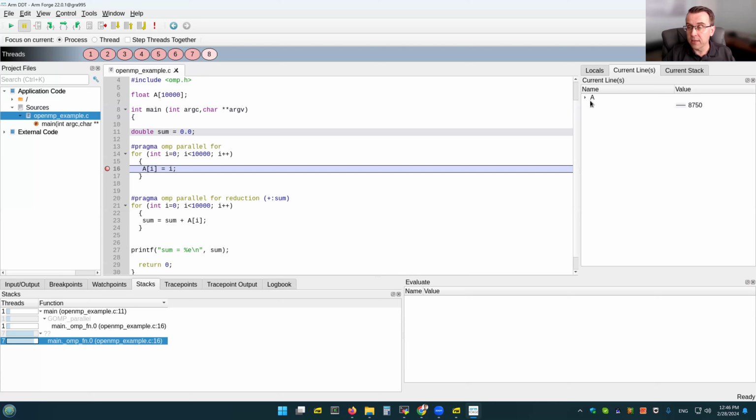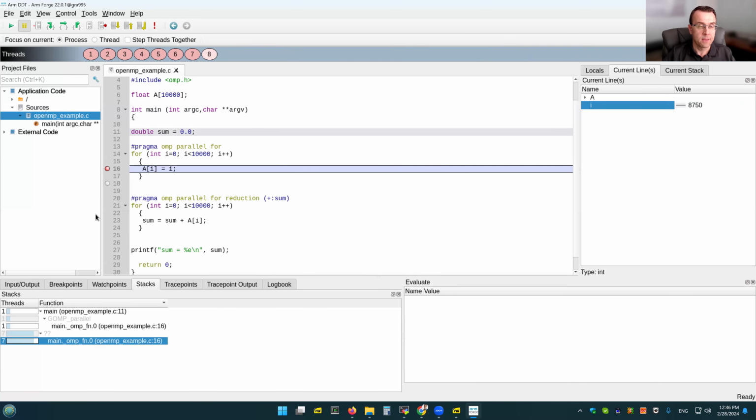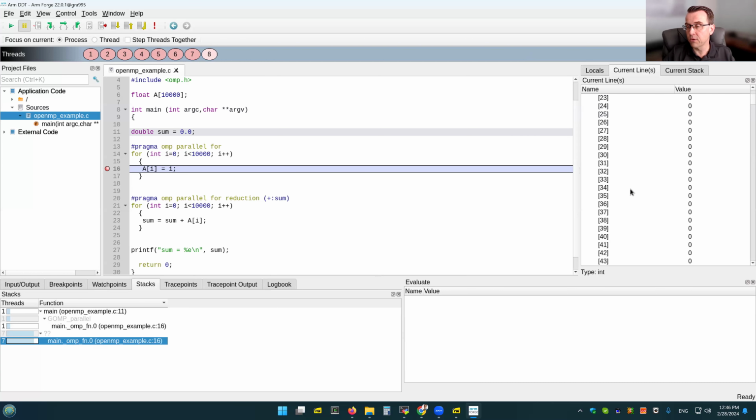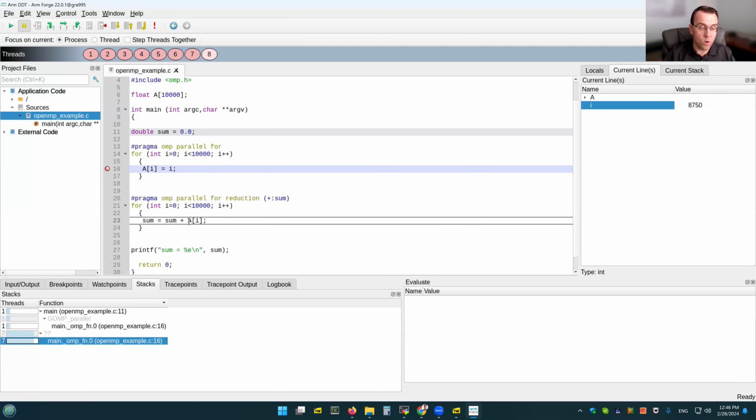Okay, and what you can do, you can compare across threads. It's going to be similar to comparing across MPI. And by the way, this is how vectors look like, or arrays. They are compacted, but you can open them up, look at their values. And if it's 2D or multidimensional, what you can do, only if using a VNC connection, not X11,